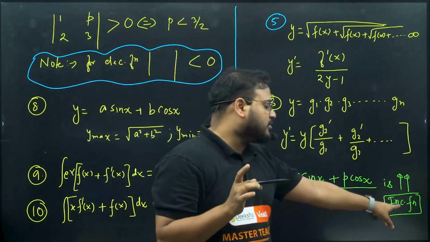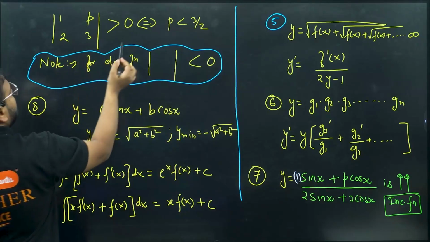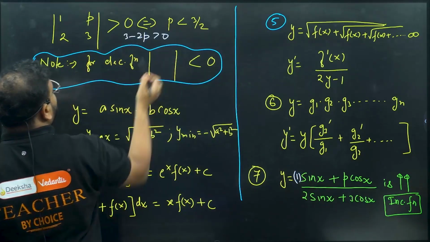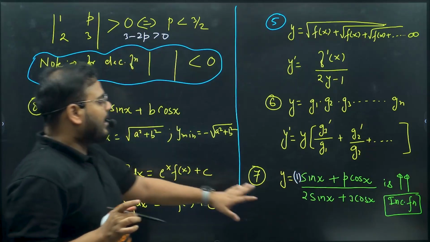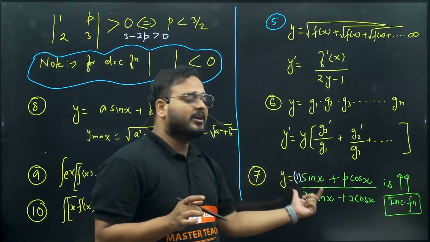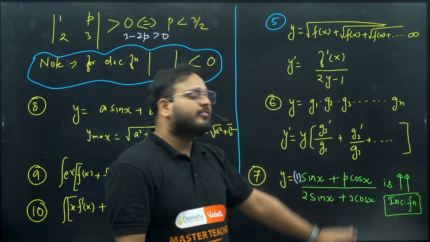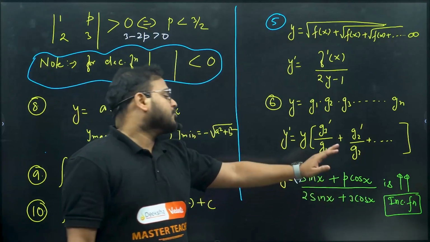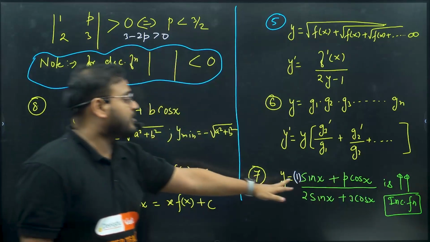Why greater than 0, sir? Because increasing function. And get the value of p, you'll get what, dear? 3 minus 2p. You'll have 3 minus 2p more than 0. From here you get 2p is less than 3, it means p is less than 3 by 2. Solve it. So basically they can ask you to find the nature of it, basically check whether it is increasing or decreasing, or they can give you increasing, decreasing and ask you a missing variable's value. I'll repeat myself. They can ask you to find the nature of this kind of function.